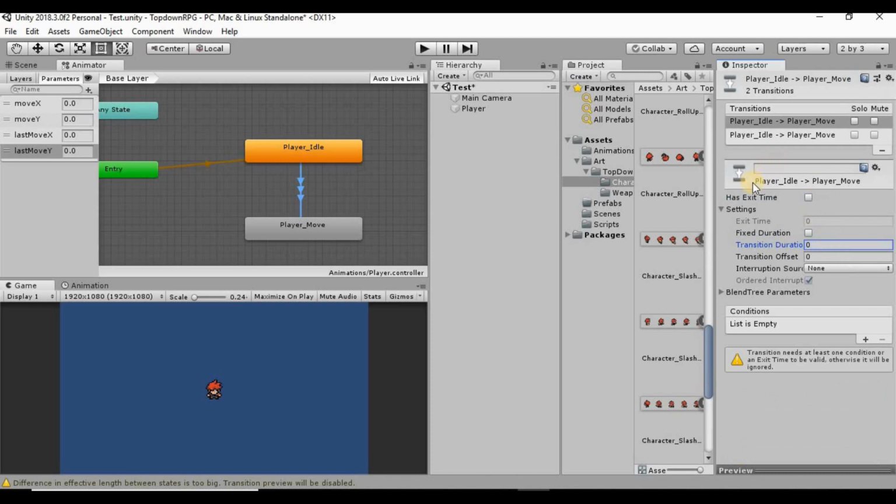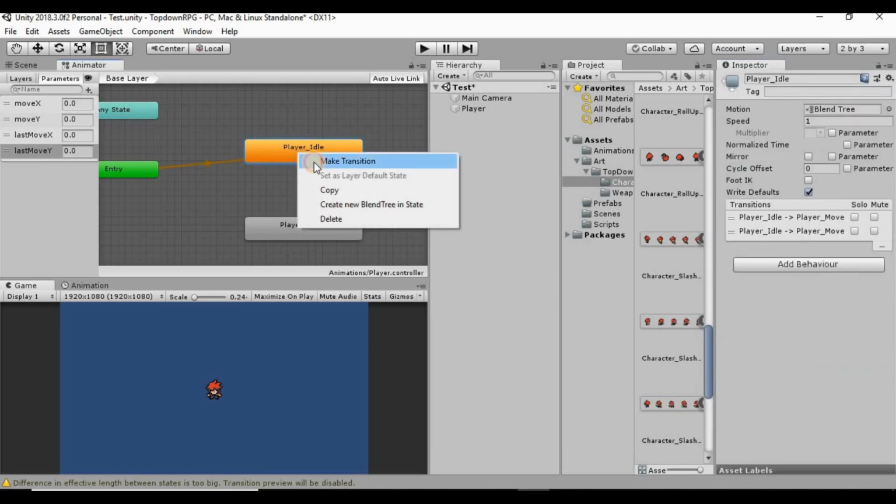And Unity automatically defaults all of those on every time you make a new transition. So we've got to make sure that we set all of those to this every time we make a new transition. We're going to add a new condition, and we're going to say if move x is less than negative 0.1,